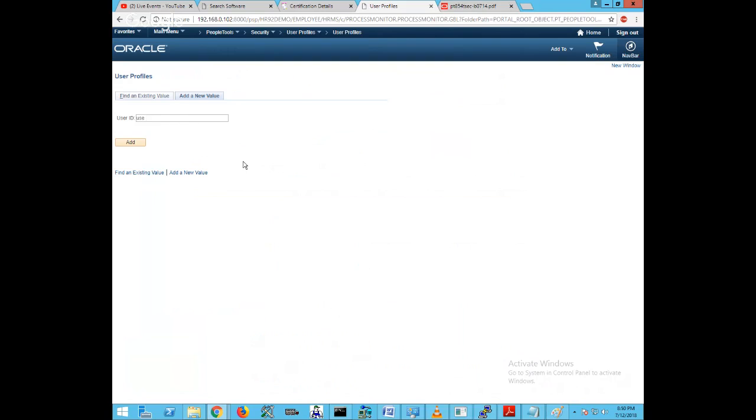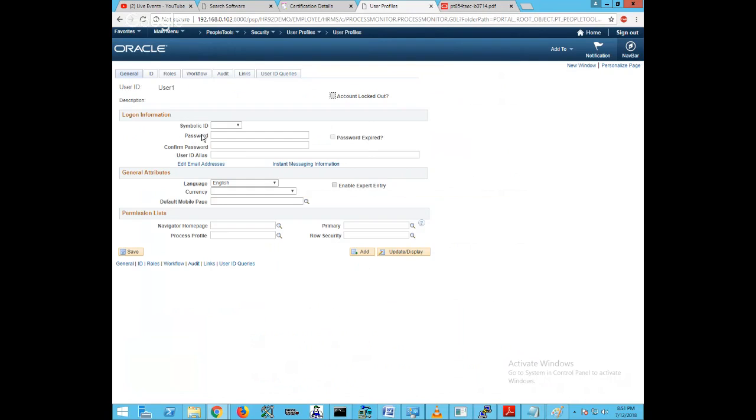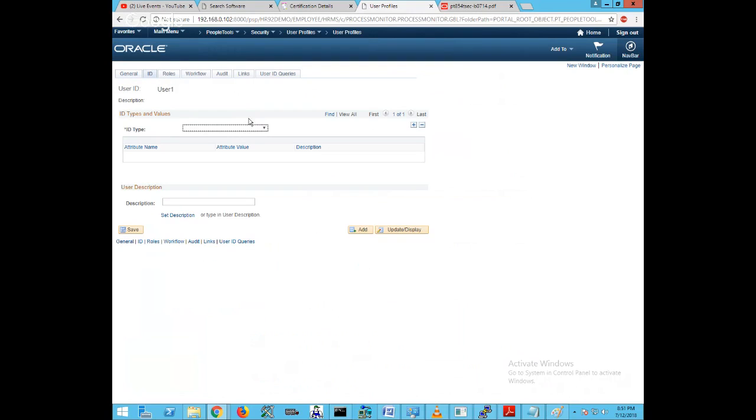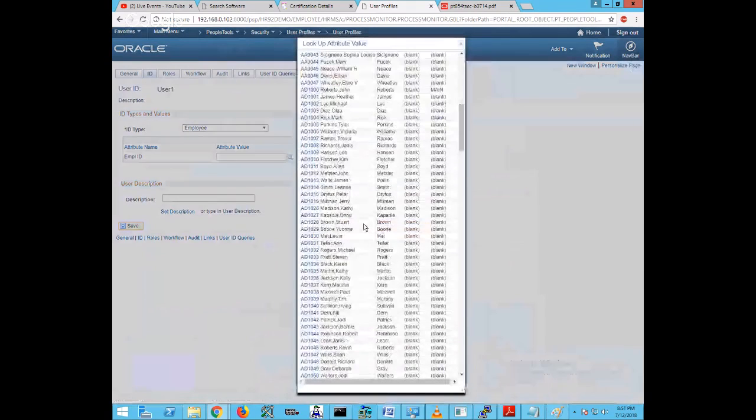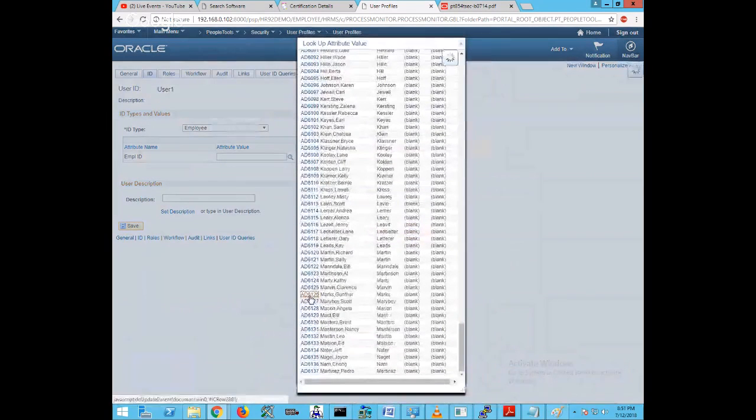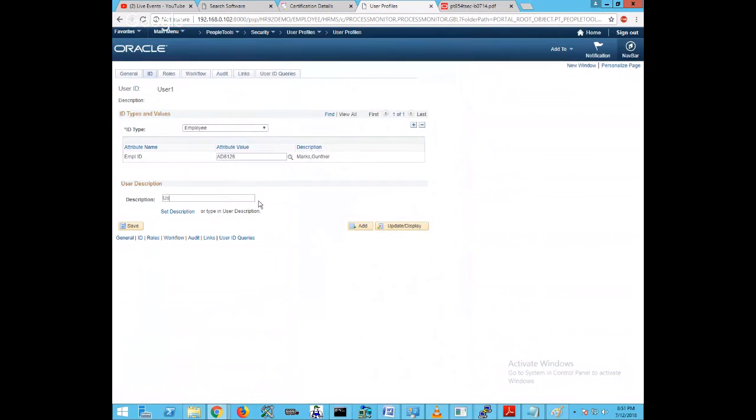Let us say user1. Creating user1. Okay, you can add here. You can specify what is the symbolic ID, okay, or else it is also not needed. Okay, permission list, navigation or access profile, primary, row security, anything we can specify, and type of ID you can specify, whether it is a customer, employee, or anything you can specify. Okay, you can just select from the existing employees. Okay, from the data you can just select, you can just give some description. Okay,